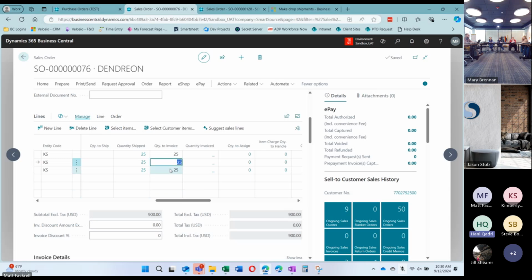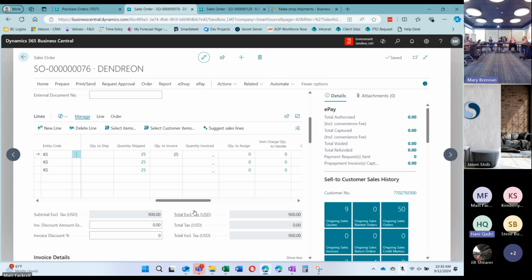Right? You could be partially invoicing or whatever situation. So if it's a $300 order, I'm only touching the first line, and I as a user do not wish to do any AR billing revenue recognition to line 2 and line 3, right? So if you look at the stats,